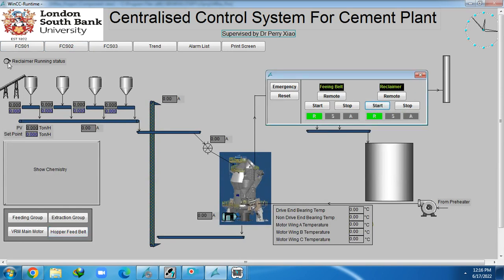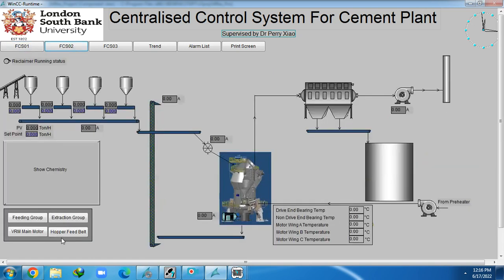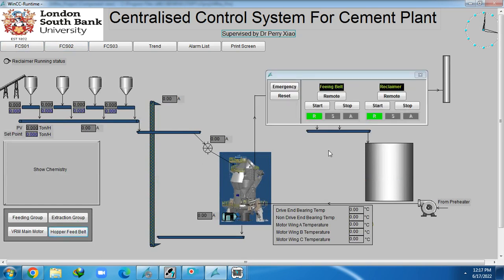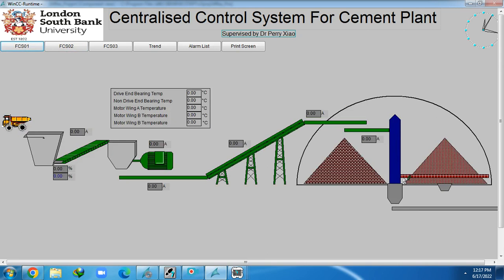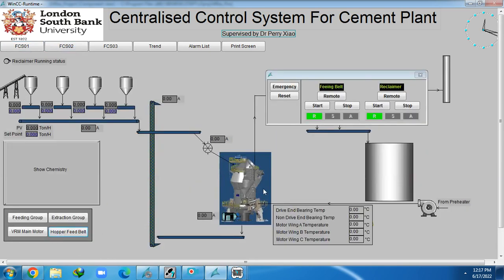Okay, this is the reclaimer indication here, and this one is FC01. This is the condition that should be fulfilled to start the reclaimer. The reclaimer is actually retrieving the material from the reclaimer side, from where the piled up material is collected, and sending it to the hoppers here. Okay, now to run this motor, I need to